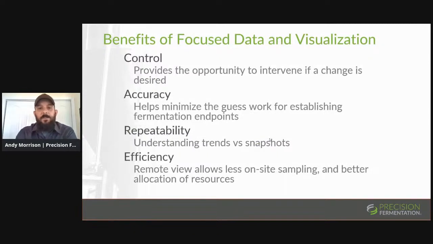So that kind of gets to the conclusion, and the point of all of this, right, is that what we see being the major capability out of monitoring fermentations in real time in this way, and out of using and visualizing this data in this sort of focused way, is that it's going to gain brewers across the board better ability to control and manage the efficiency of their beers here. Right. So, or of their fermentations,